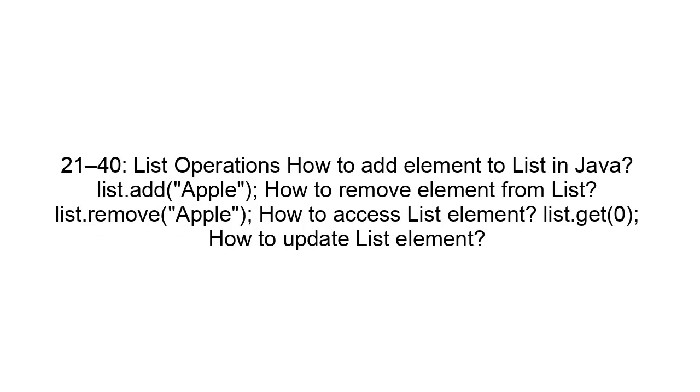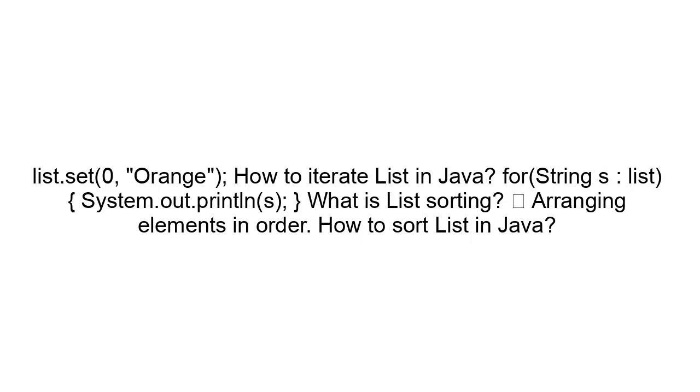21 to 40. List operations. How to add an element to a list in Java? list.add("apple"). How to remove an element from a list? list.remove("apple"). How to access a list element? list.get(0). How to update a list element? list.set(0, "orange"). How to iterate a list in Java? for (String s : list) { System.out.println(s); }